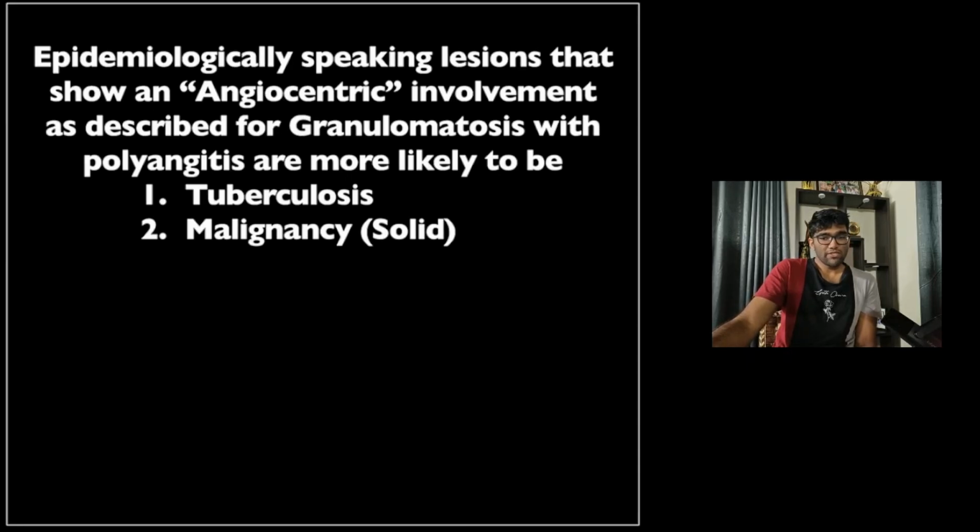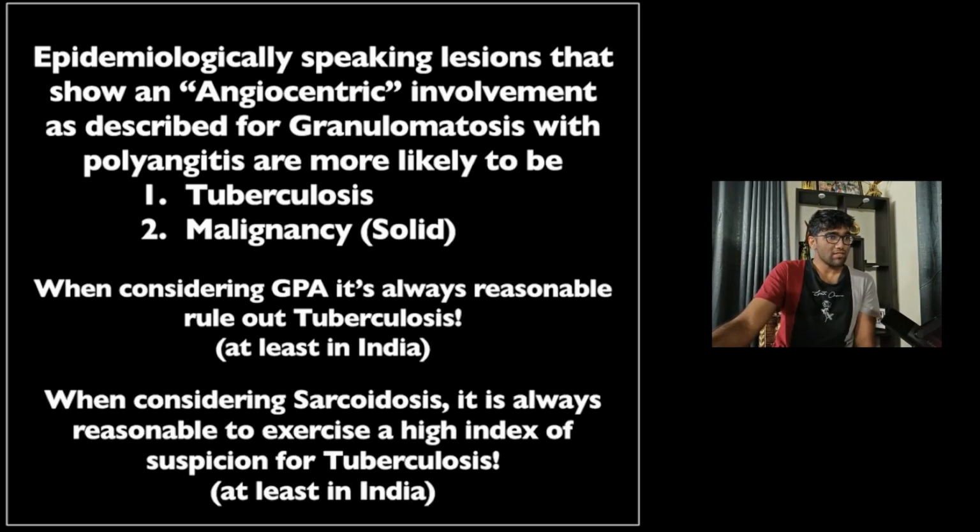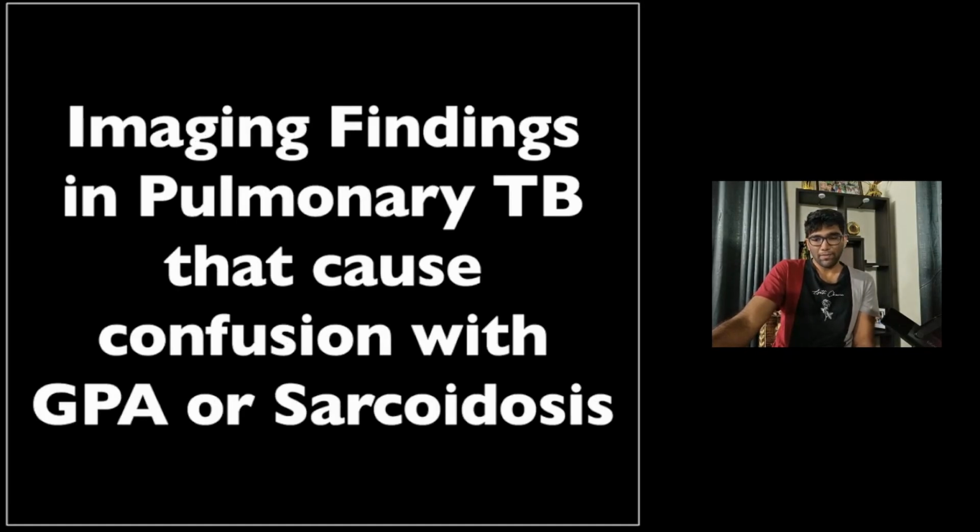Epidemiologically speaking, lesions that show an angiocentric involvement as described for granulomatosis with polyangiitis are actually much more likely to be tuberculosis and solid malignancies. When considering GPA, therefore, it is always reasonable to rule out tuberculosis in India. Similarly, when considering sarcoidosis, it is always reasonable to exercise a high degree of suspicion for tuberculosis, at least in India. With that disclaimer out of the way,